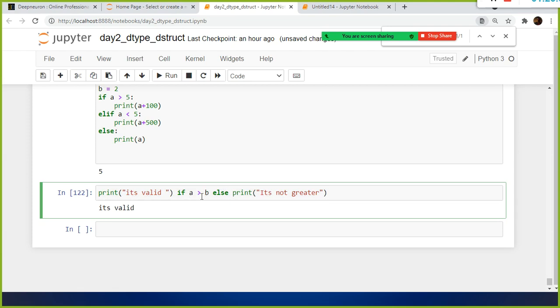If the if statement evaluates this expression, if it returns true, then perform this action. Right? If this condition is true, then do this, else you do this one. So this is called the ternary operator. This is to keep things minimal. Instead of writing multiple lines, you can use this way also. This is another alternative way of using this. Fine.